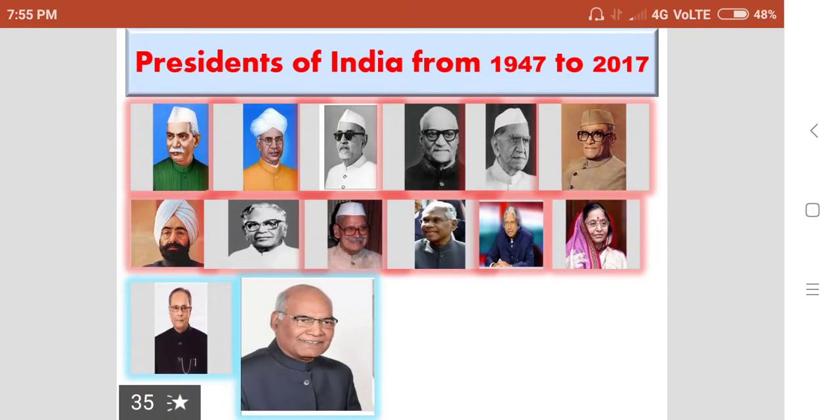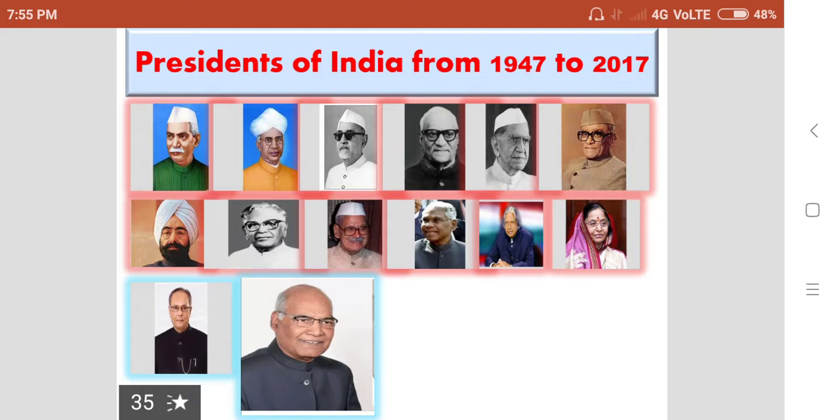So these are the presidents of India from 1947 to 2017. The first president of independent India, Dr. Rajendra Prasad. Then second, Sarvepalli Radhakrishnan. Third, Dr. Zakir Hussain. Fourth, V.B. Giri. Fifth, Fakhruddin Ali Ahmad. Then sixth, Neelam Sanjeeva Reddy, then seventh, Gyani Zail Singh, eighth, R. Venkataraman, ninth, Shankar Dayal Sharma, 10th, K.R. Narayanan,